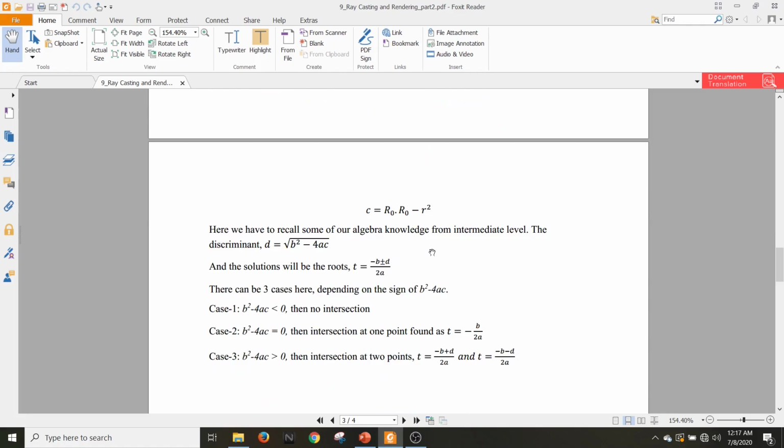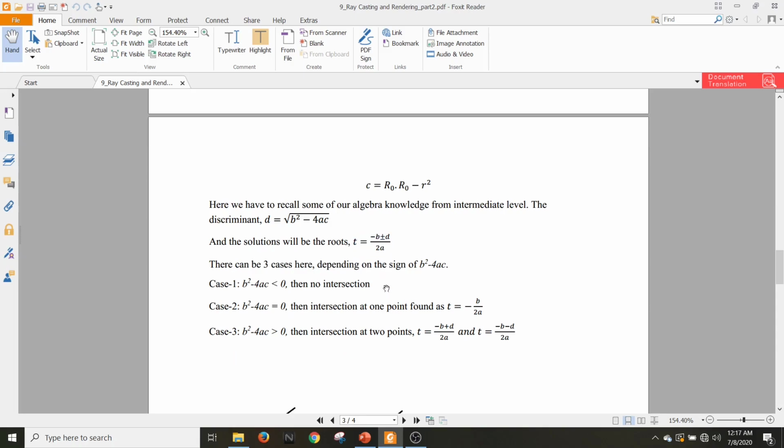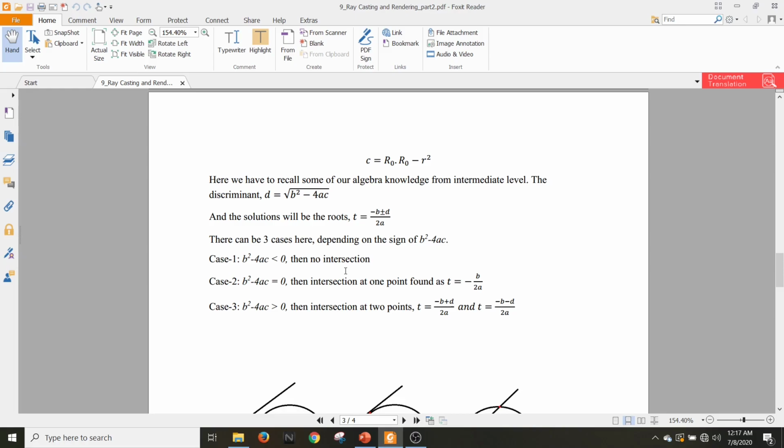We have to recall some algebra knowledge from intermediate level to know how the discriminant formula comes. D equals root over b squared minus 4ac, and so the solutions of the root will be t equals minus b plus minus D by twice a. There can be three cases here depending on the sign of b squared minus 4ac. Case 1 is b squared minus 4ac is less than 0, then there will be no intersection. That is because root over a negative number will be an imaginary number here, so that would mean that the value for t will not be a real value,